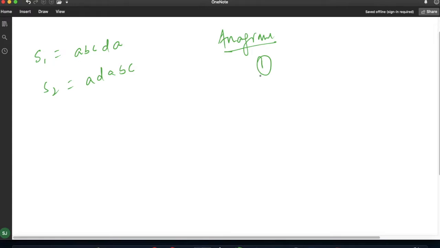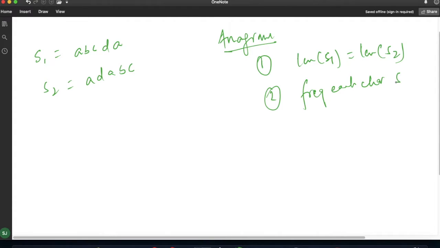The very first condition is that the length of S1 should equal the length of S2, and the second condition is that the frequency of each character in S1 should equal the frequency of each character in S2. Now if you see here for S1 and S2, my length is equal to 5, both are equal, so the very first condition is satisfied.